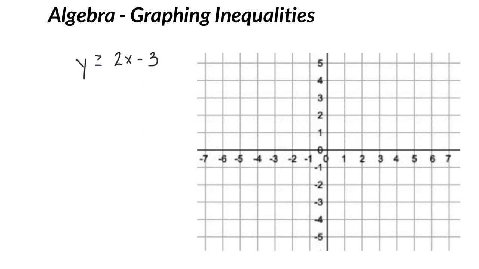So we start with the y-intercept as negative 3. The slope is 2, so rise is 2, run is 1, and we graph that like this. So there's my line. Now, I said greater than or equal to, and I would often kind of think about,